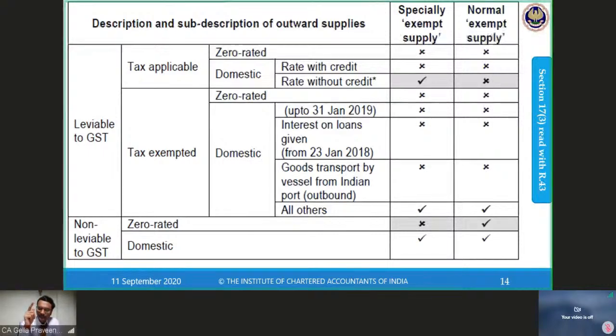Subject to 17.5, CGST, the credit of ITC may be availed for making 0 rated supply, notwithstanding such supply may be an exempt supply. Though it is an exempt supply, the moment it is 0 rated, the moment you say it is export, I'll not add for the purpose of 17.3. This line non-leviable to GST. Let me just note for the benefit of students. Examination, if you expect a question, this is one para where you can expect one adjustment